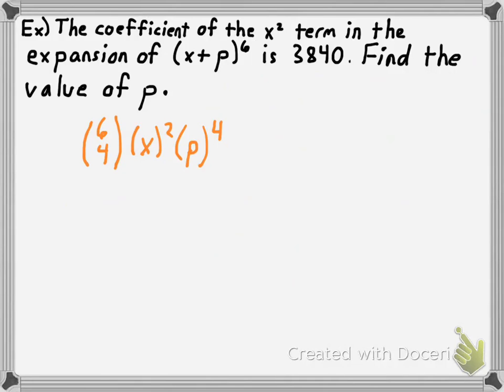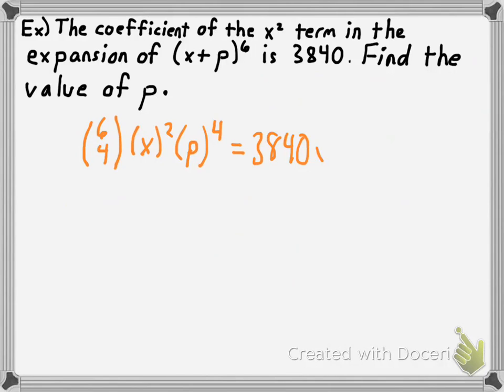Now, how did I know that this was going to be a 4 right here? Well, I knew I was looking for the x squared term, and so that would be the exponent that goes along with the first term from the binomial, and I knew that these two had to add up to 6, so I put a 4 right there, and, of course, I knew these two numbers had to match up with one another. Okay. Now, in this problem, we're saying that we know that the coefficient for this term is 3,840,